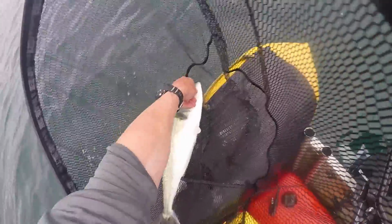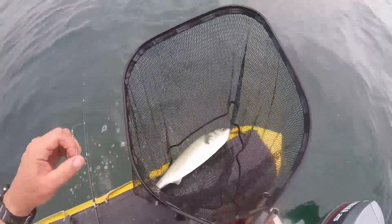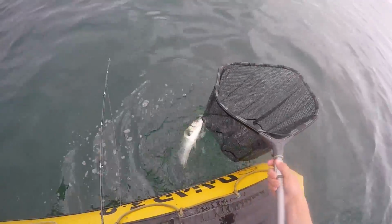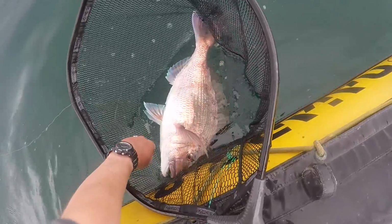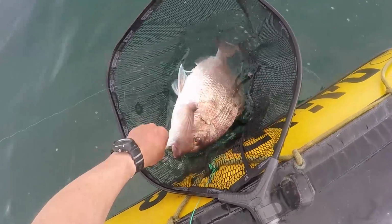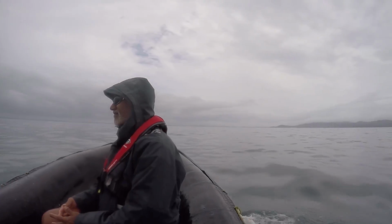The good fishing continued with more kahawai coming into the burley trail as well as some more good eating size snapper. We had a good bag of fish from the day before, but we kept a few fresh snapper as our wives were coming to check up on us and see what we'd been catching. We pulled the plug after a good half day's fishing